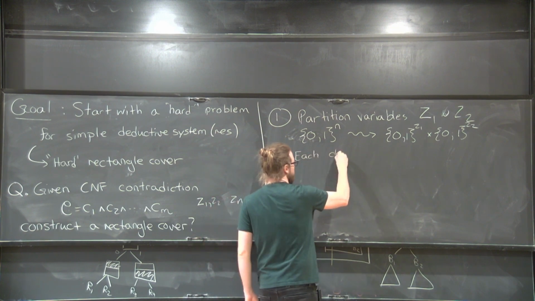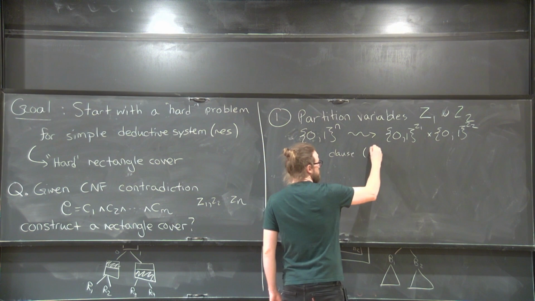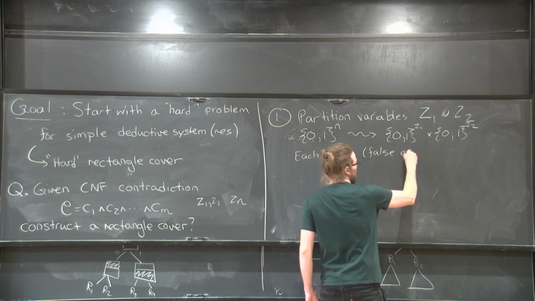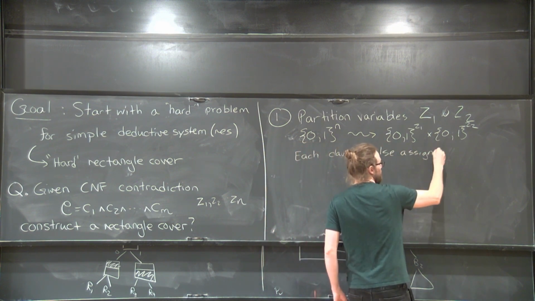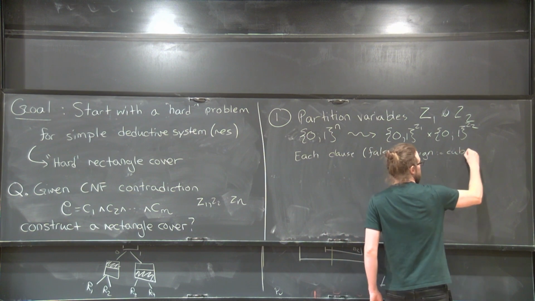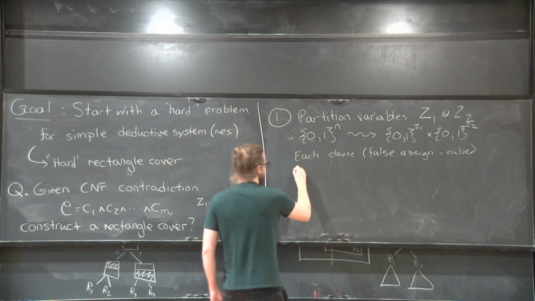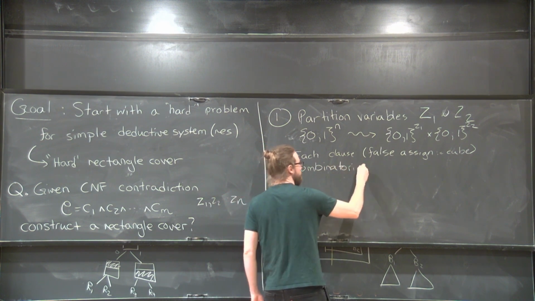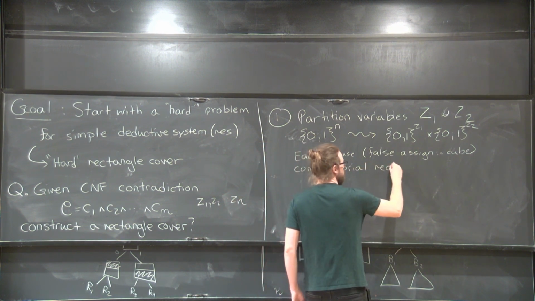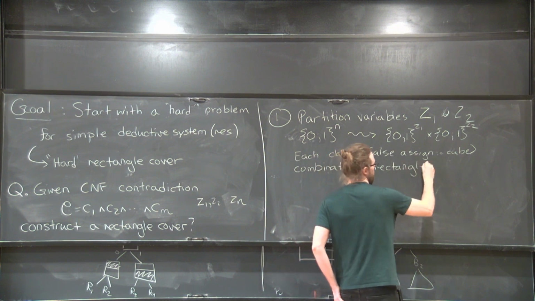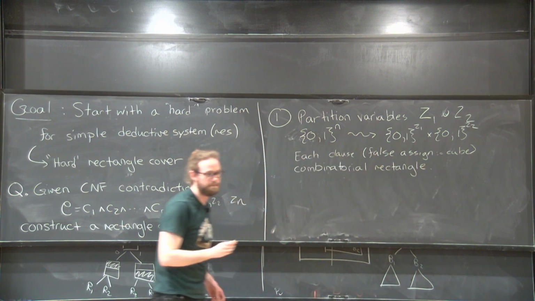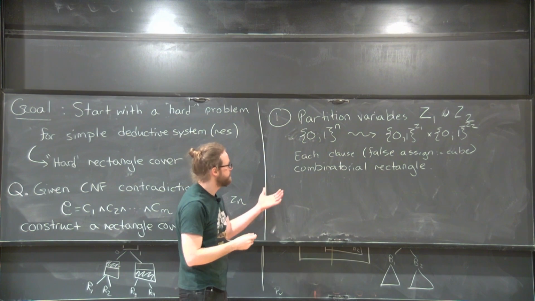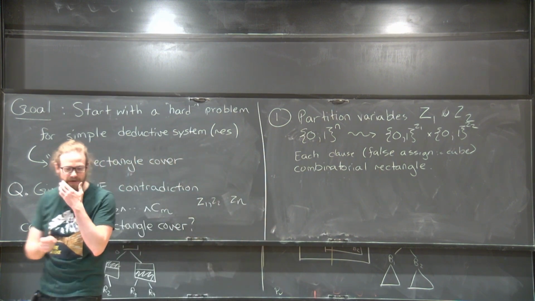Each clause. So the false assignments are just a cube, and that turns into a combinatorial rectangle. Right? And that's pretty easy to see. OK, so